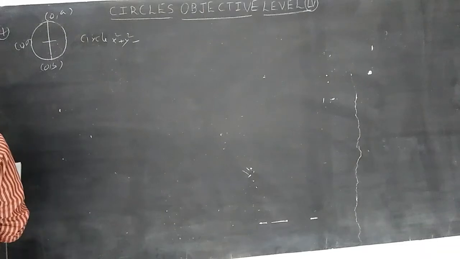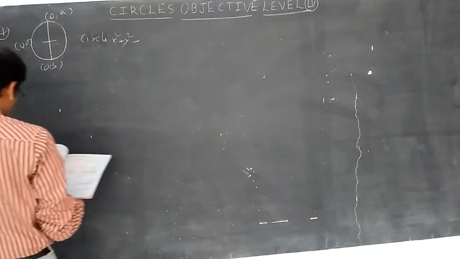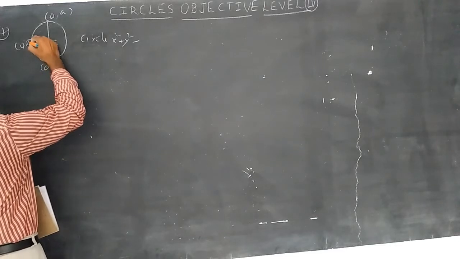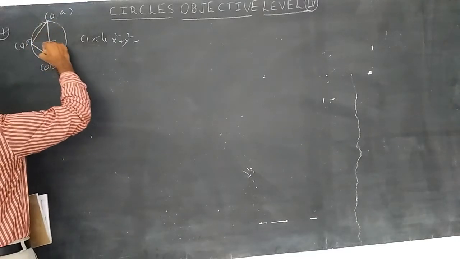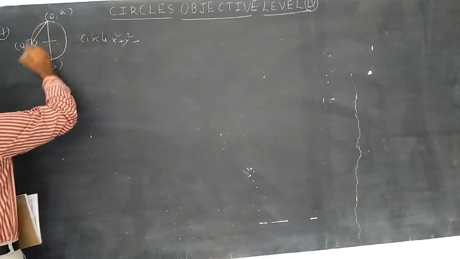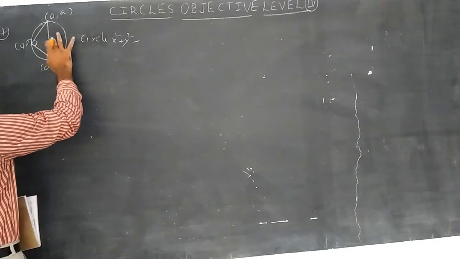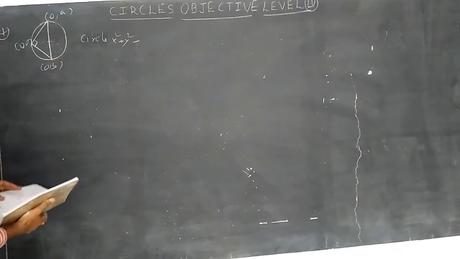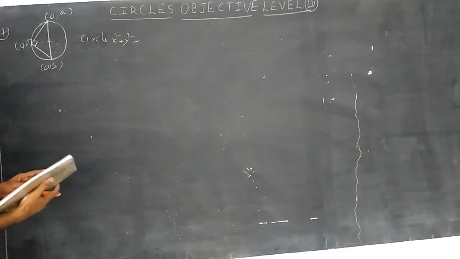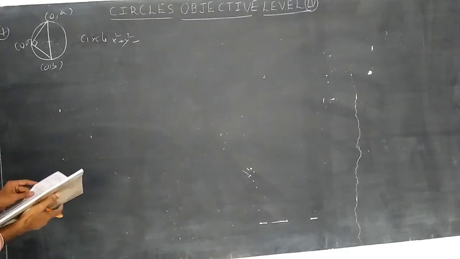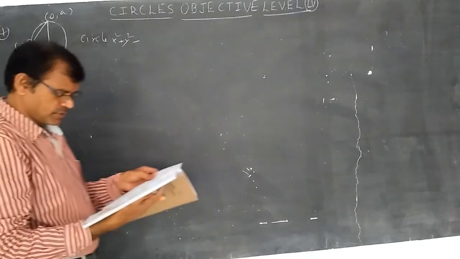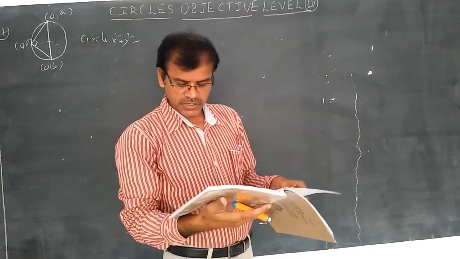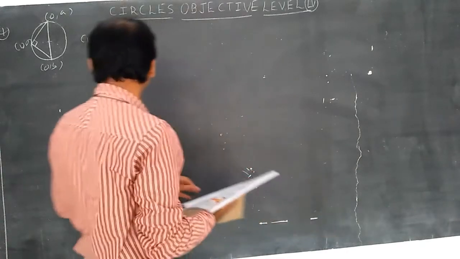If it is 0 0 and 0 a, AB will be the diameter, angle AOB. Let us discuss this. If AB is the diameter, this is the angle in a semicircle, this is 90 degrees. Whenever it is 90 degrees, if it is a diameter, the longest chord falls into the center. So 0 plus 0 by 2 and a plus b by 2 is the radius. There is no option like that, a plus b by 2. The option is like this, a by 2 comma b by 2.